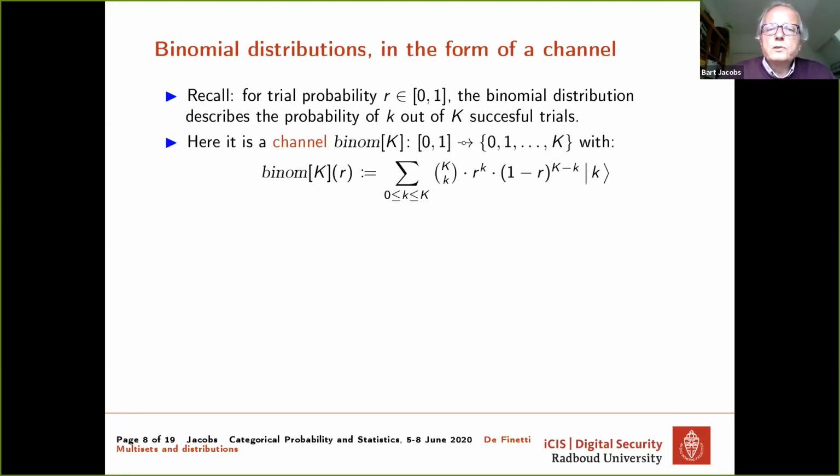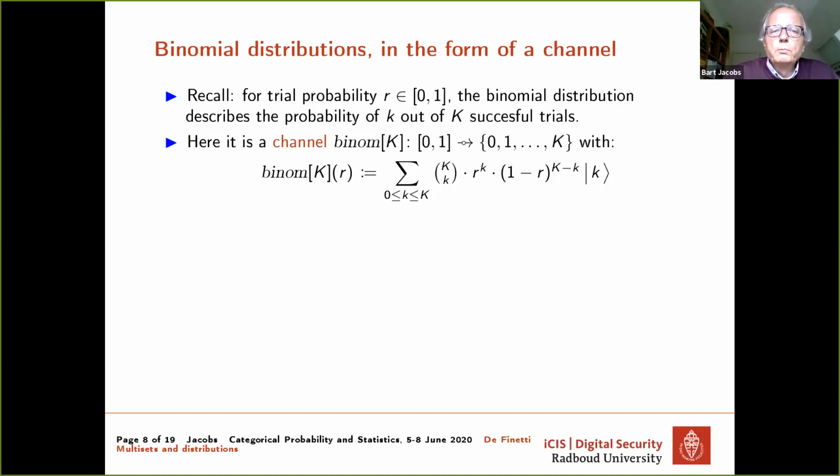I will describe it as a channel here. So capital K I will use as a parameter, and it's a channel from [0,1], that's the trial probability, to the set of outcomes 0, 1 up to K, namely the number of successes.